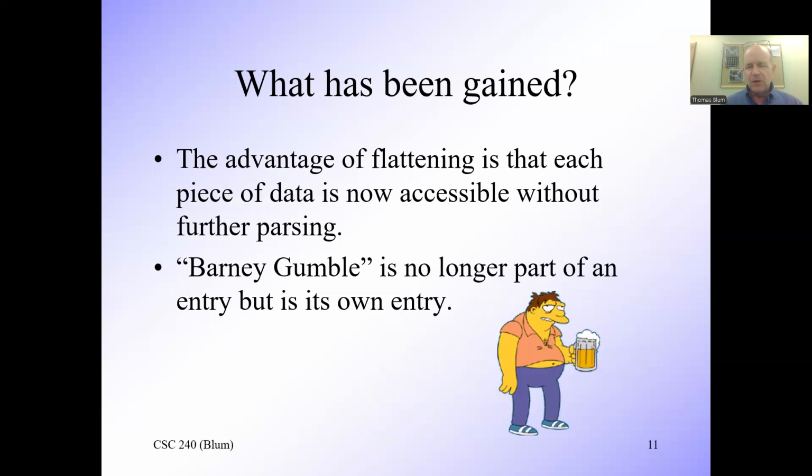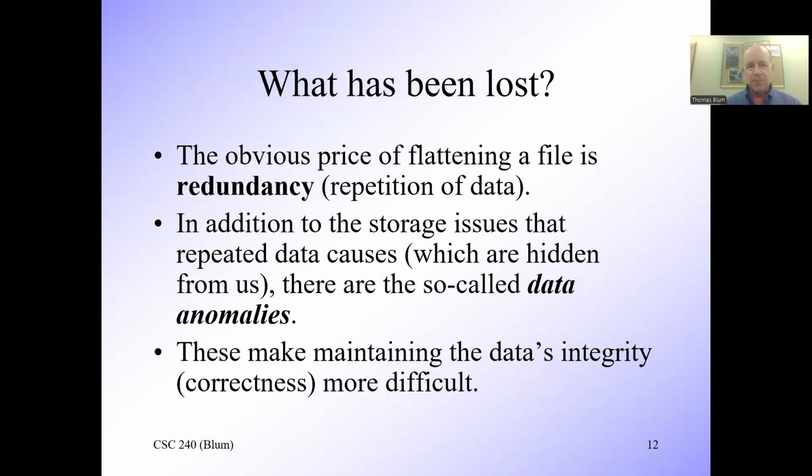Okay. So what has been gained? A character like Barney Gumble is no longer part of a list, but an individual entry. So if I can say the table and the row and the column, then I have Barney, and I don't have to break a big long list down and see if he's in the list. It's one piece of information. Okay. But I've introduced redundancy, and I would like to get rid of redundancy in the longer run, but let's